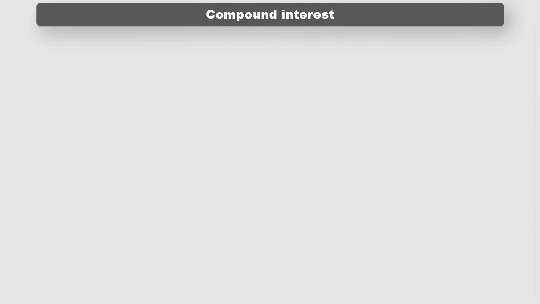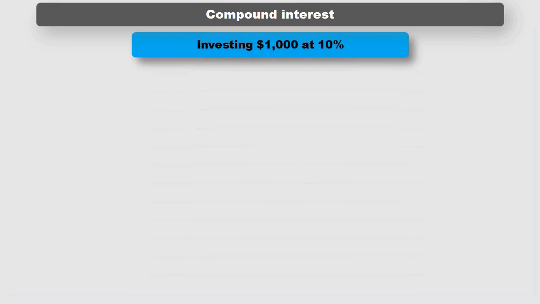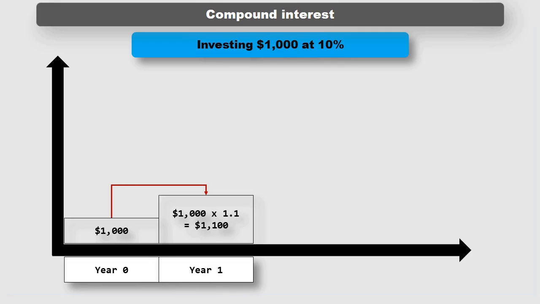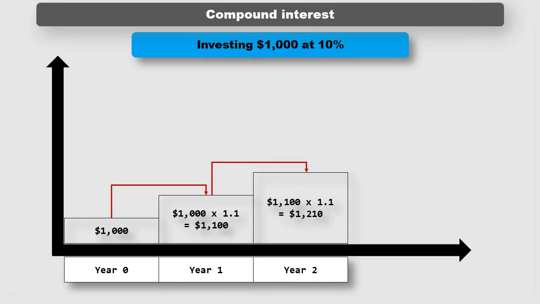Firstly, let's consider the mechanics of compound interest. This can be considered as interest accumulating on a deposit in the bank. Suppose we put $1,000 on deposit today into an account that will earn us 10% a year. In 1 year's time, this will be worth $1,000 times 1.1, the 0.1 is for the interest, equals $1,100. By the end of the second year, the balance would be $1,100 times 1.1 equals